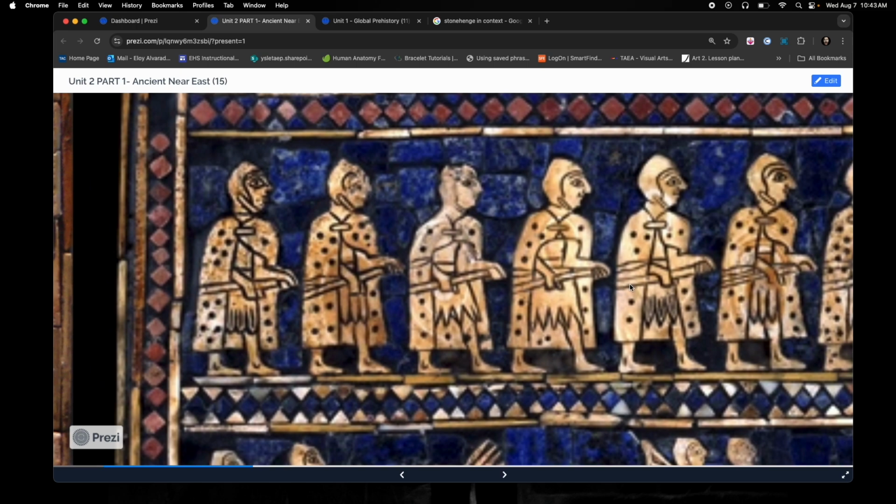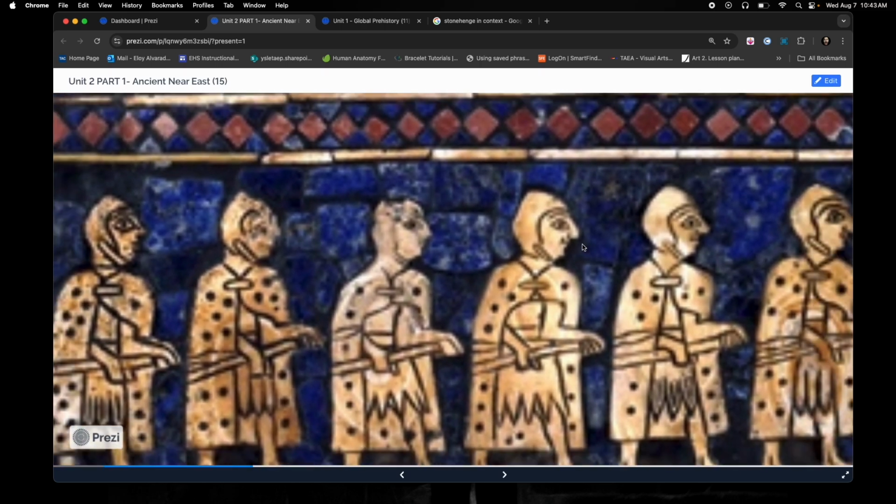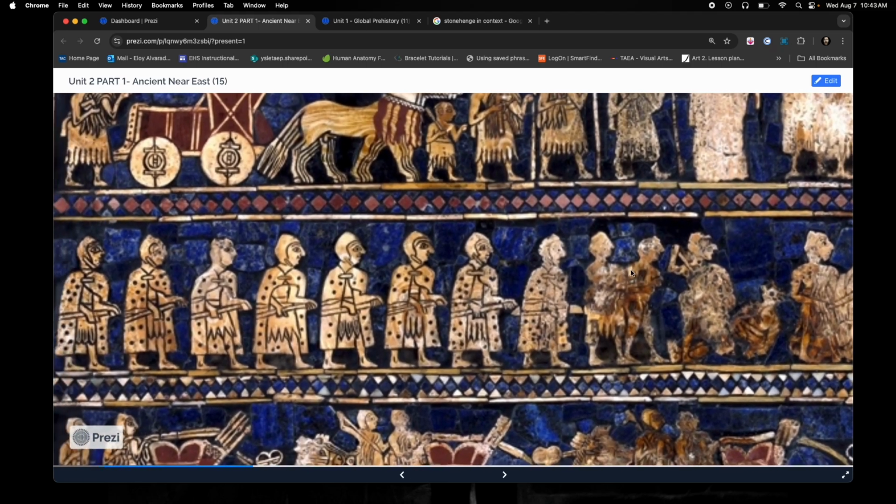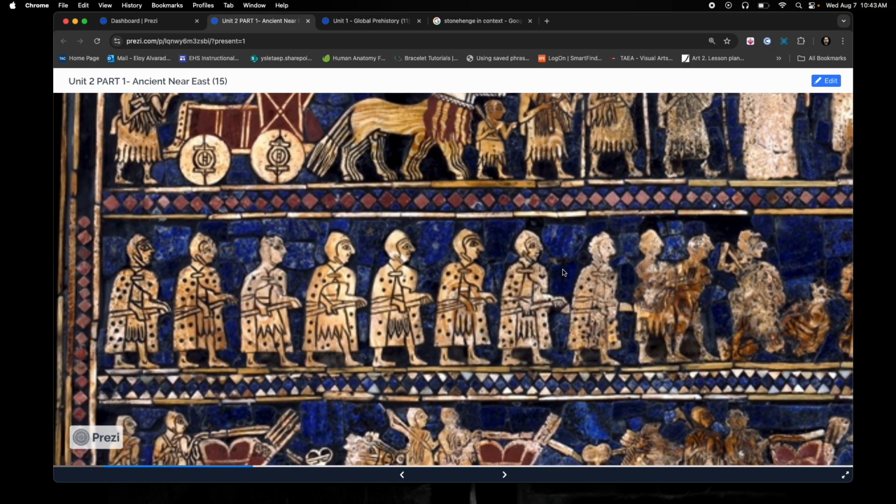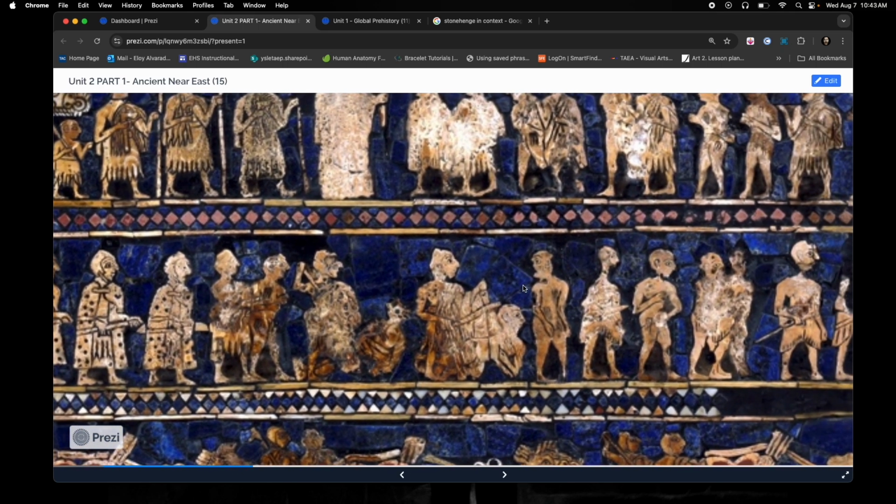But, yeah, soldiers. Let me zoom in on the soldiers. They have weapons of some sort. And so that guy's really happy to be here. He's having a good time. So we have a long line of soldiers, and they're marching